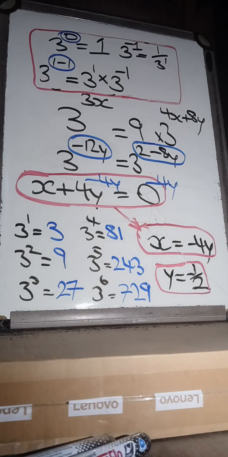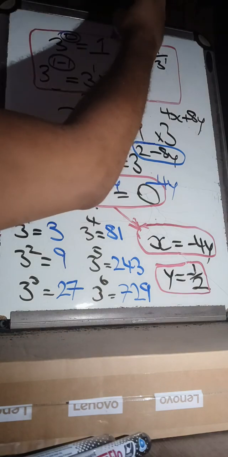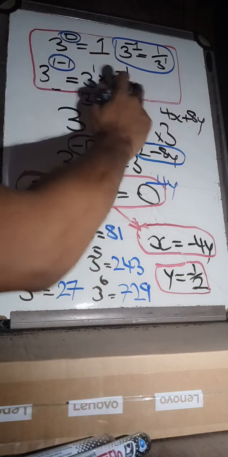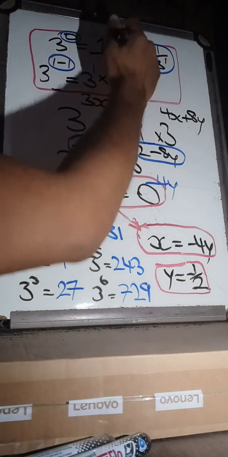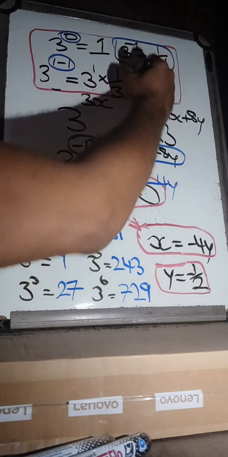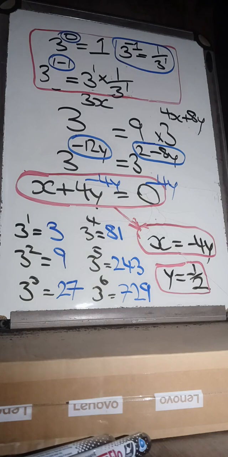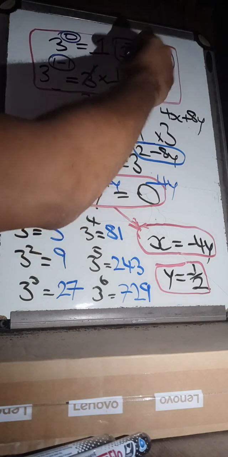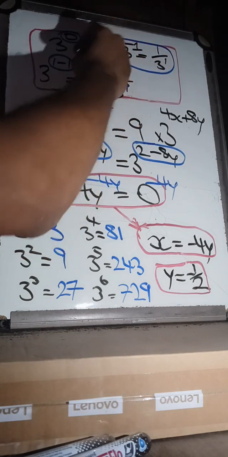But we know that 3 to the minus 1 is 1 over 3 to the 1. So if we replace that with this, and then you divide this by this,